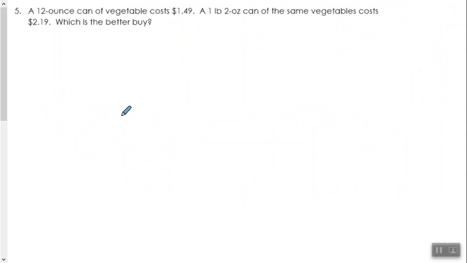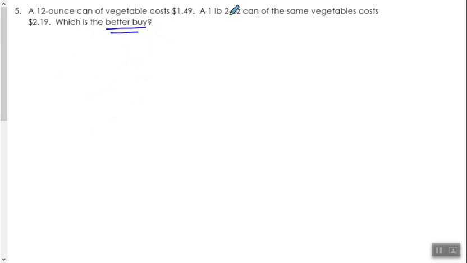Right. Example number 5, last one. So we have a 12-ounce can of vegetables that cost $1.49. Now those same vegetables in a 1 pound 2-ounce can cost $2.19, and we want to know which is the better buy. So remember, better buy just means which one is going to be the cheapest per, in this case,